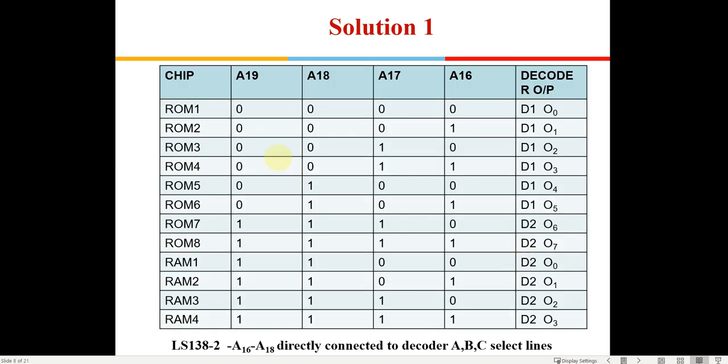So the same problem, in case it's asked in the exam, you can even write it in a sequential manner. I have done even that, so that there is no confusion. So if you see, there are a total of 12 different ROMs and RAMs to be connected. So I have just taken ROM 1 to ROM 8, and then RAM 1 to RAM 4. This is just a simple sequence out here, right?